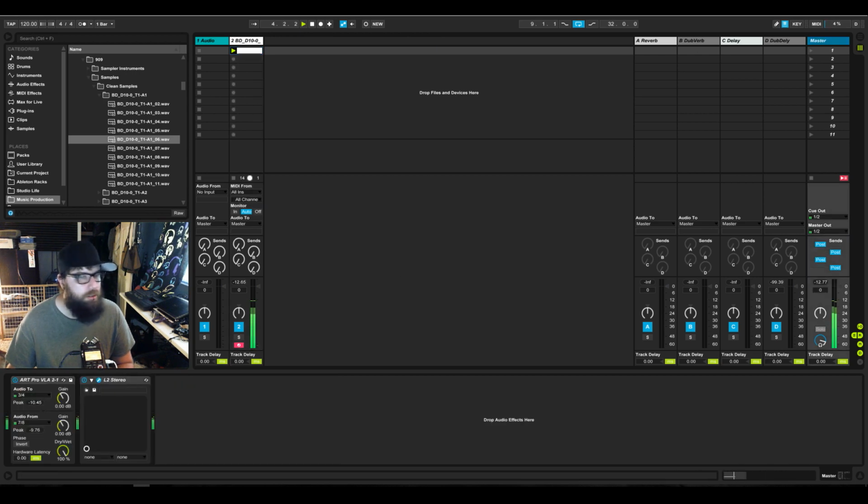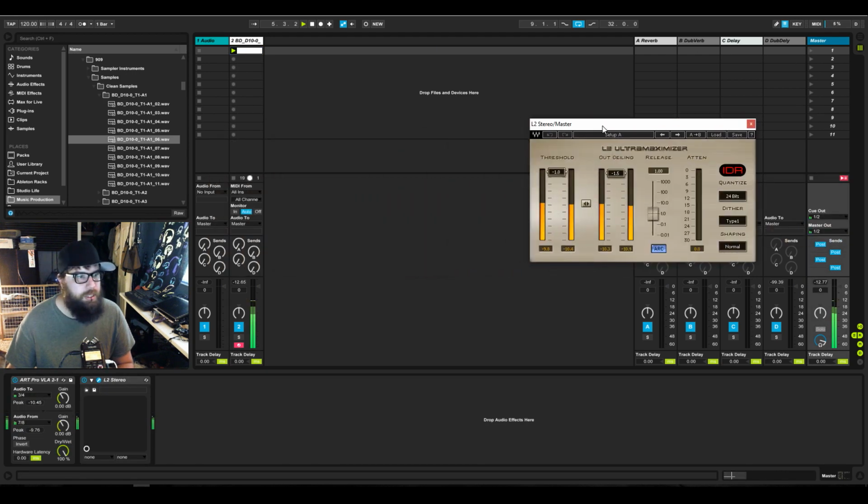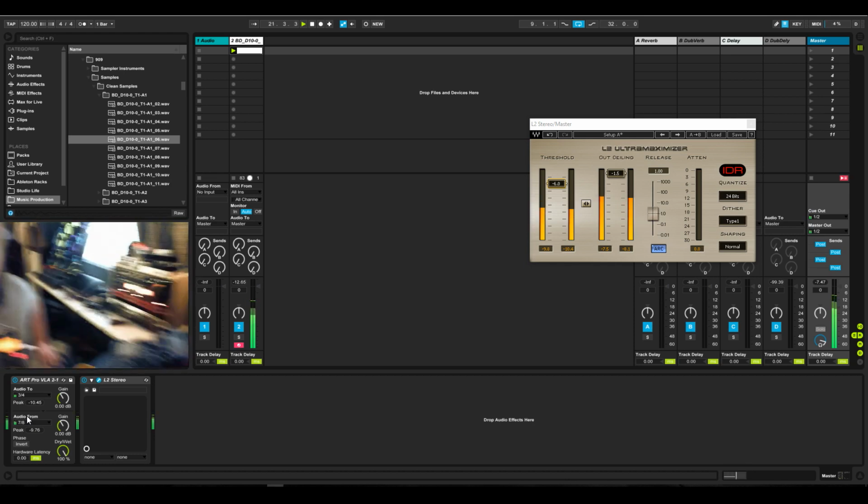Let me bring this down. Now normally people say you shouldn't use a limiter on the end or anything like that. But I do for a couple of reasons. One, it gives me an idea of what it's going to sound like when it's finished and mastered. And two, I also have it going out to an external compressor, which if I get my other webcam hooked up in here, you'll be able to see it, but it's right over here. I can probably show you. It's that guy there.